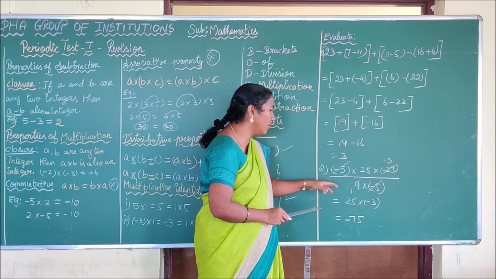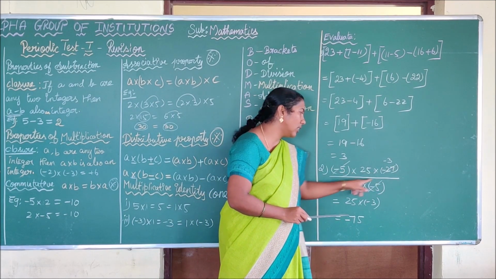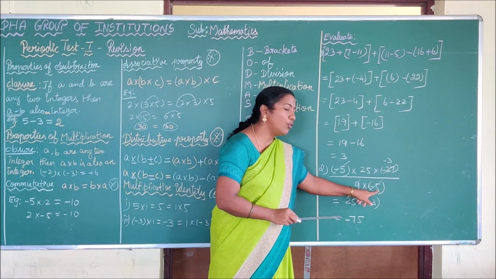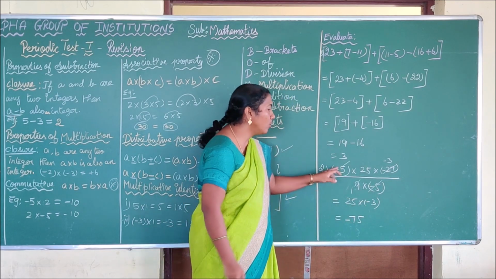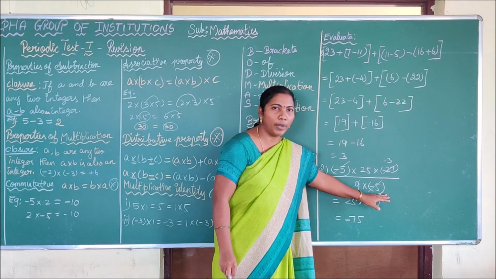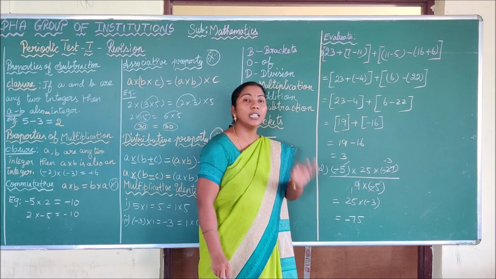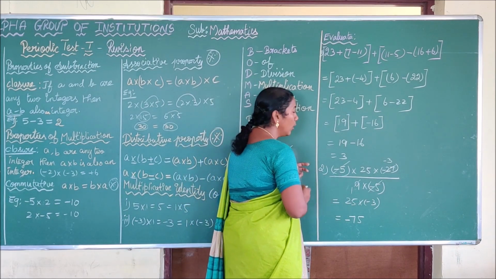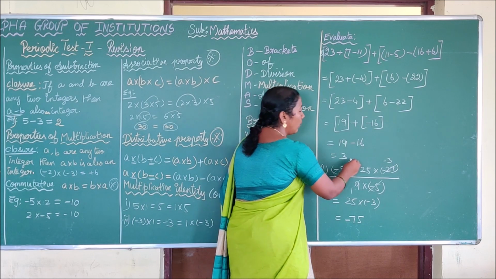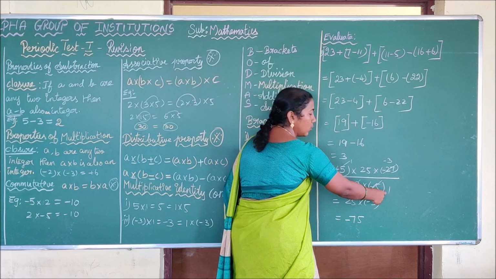Okay. See the next one, very small sum. Minus 5 into 25 into minus 27, whole divided by 9 into minus 5. The rule we are going to follow here is you have to cancel the numerator by the denominator, using the same table. You see here, I have minus 5 and minus 5. So I am using the 5 table. 1 5 is 5, 1 5 is 5, and the minus symbol is cancelling. So my answer is 1 and 1 here.